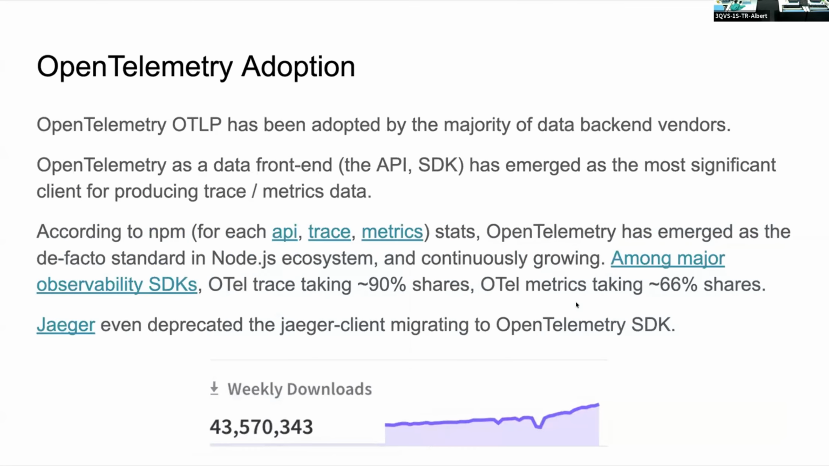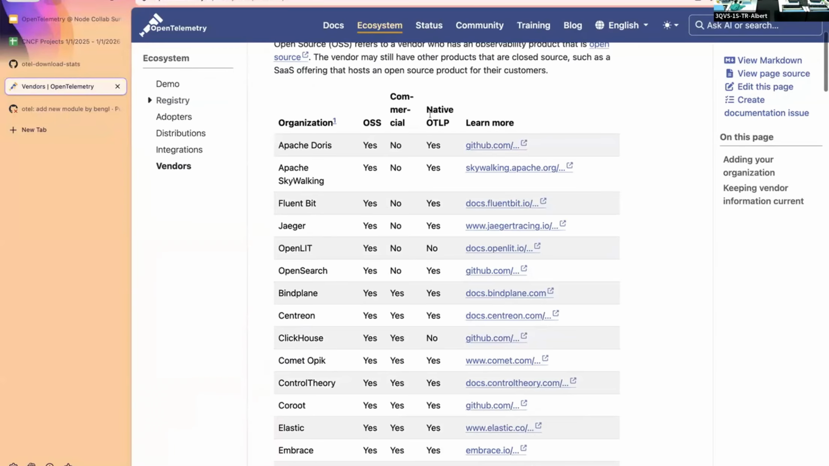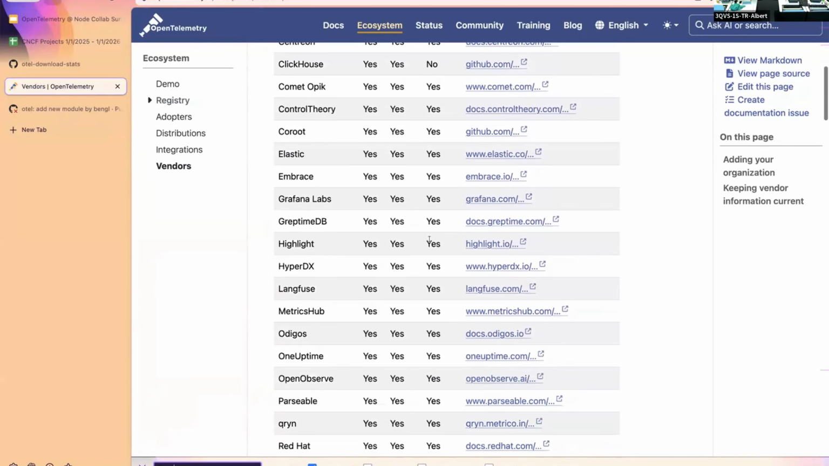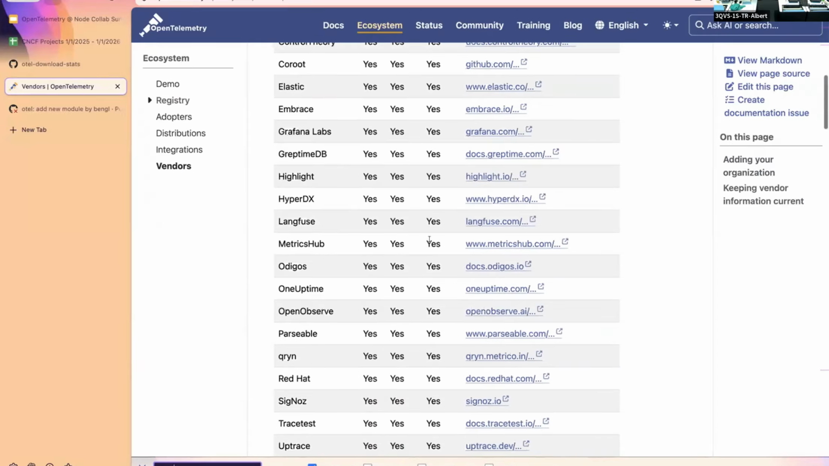And now let's take a look at OpenTelemetry JavaScript specifically. The OpenTelemetry OTLP data, as we mentioned earlier, has been adopted by the majority of the data backends. We can take a look at the OpenTelemetry official website. Native OTLP means that if a specific vendor supports the native OTLP endpoint, you can use pure OpenTelemetry open source SDKs and APIs to transmit data to this backend without their proprietary SDKs. So you can see that it's being adopted by the majority of the